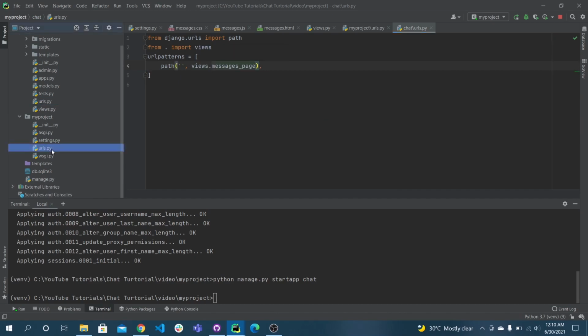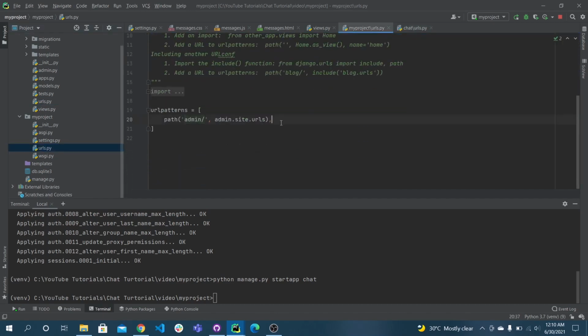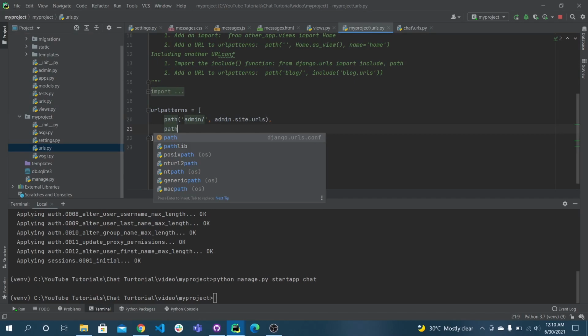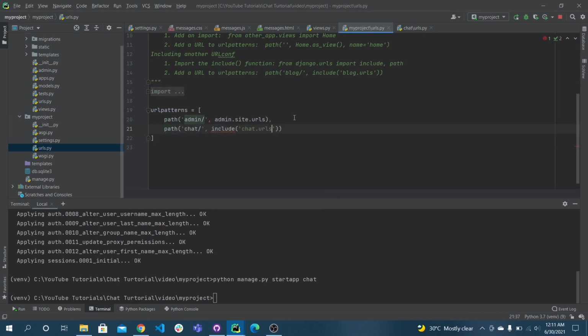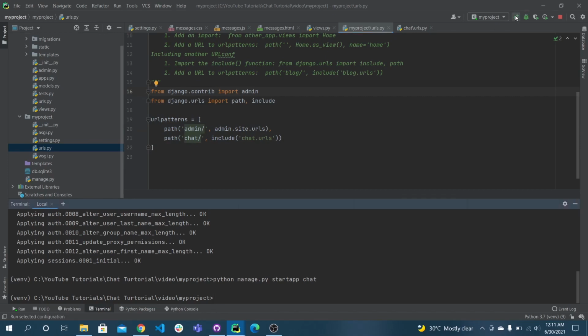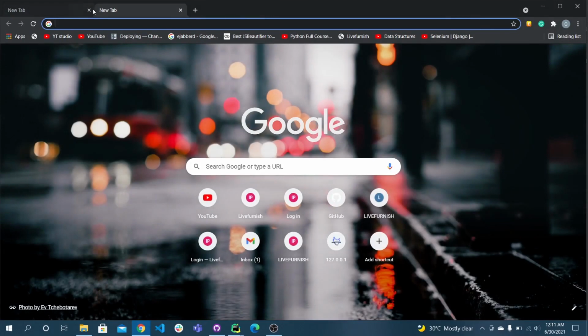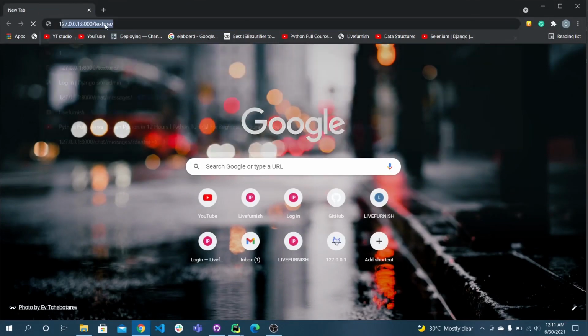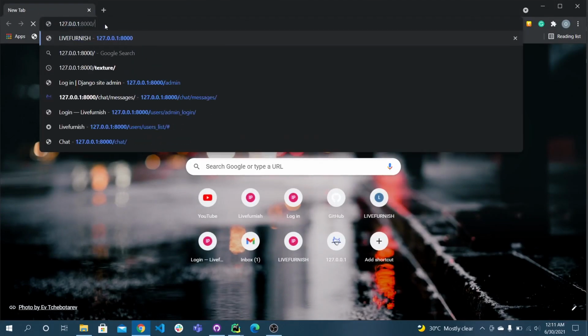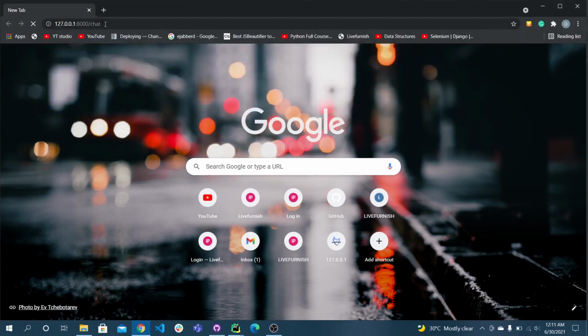In the main URLs we will write the path of the chat app. I need to include this. I have included that. Now let's try to run the page. I'm restarting the server. Check if our server is running. Our page should load at chat.